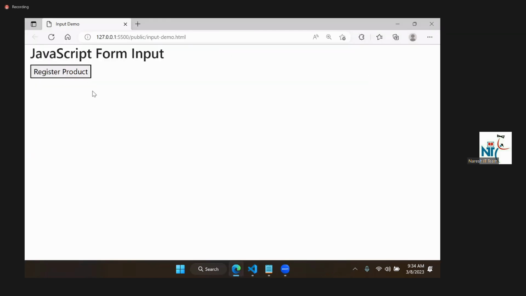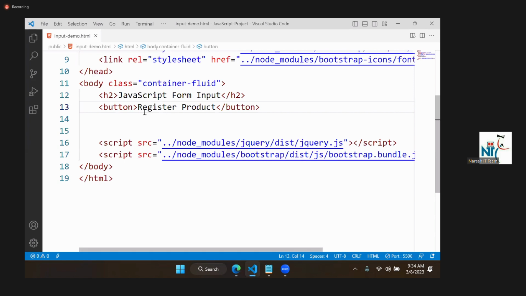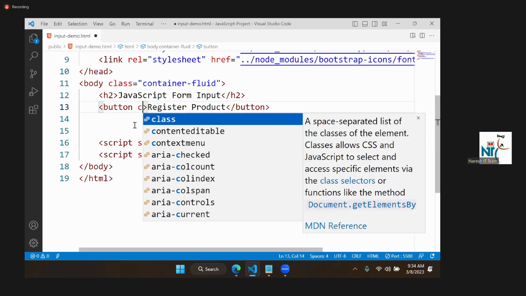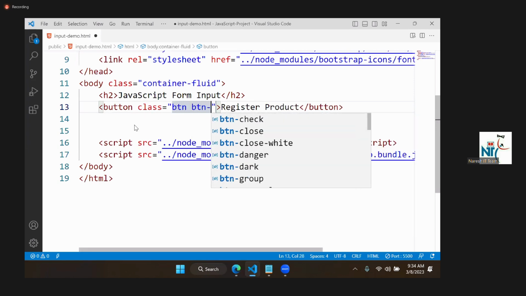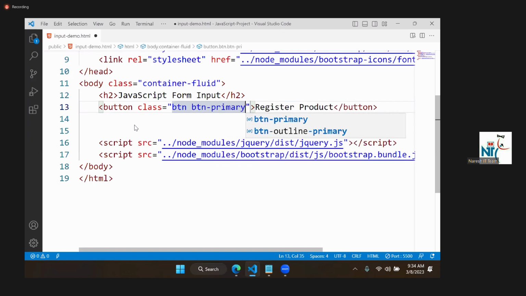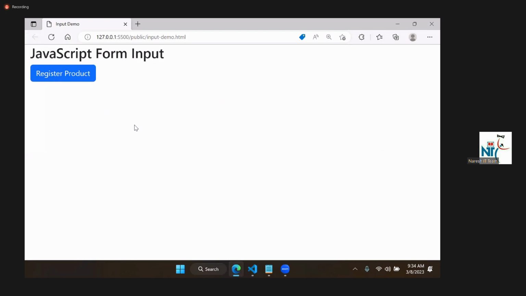I want to give a good appearance for this button. Then what I will do is I will put a class btn btn-primary. These are actually Bootstrap classes, and the button looks like this. We are applying a Bootstrap class here, and what we want now is when the user clicks this button, a pop-up